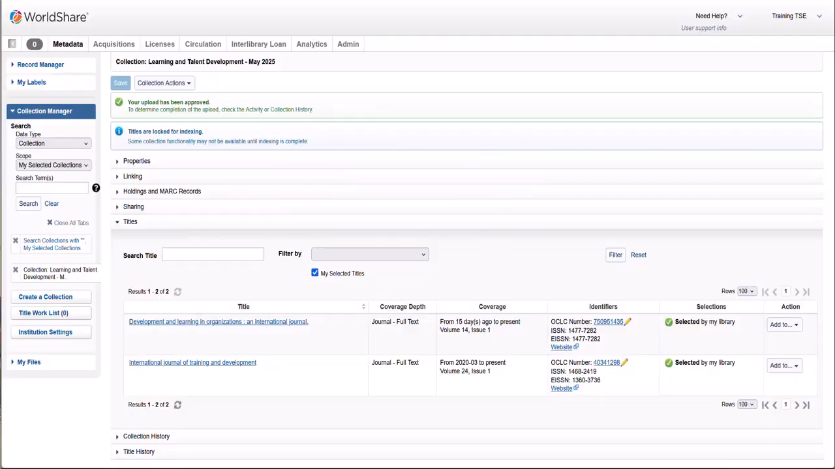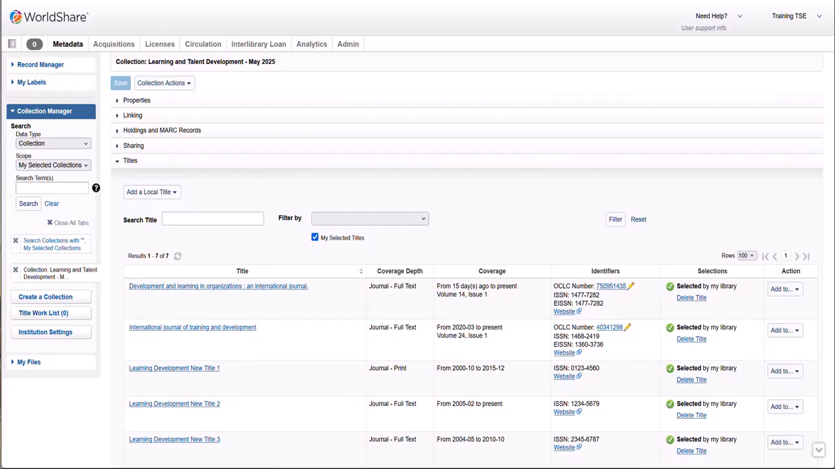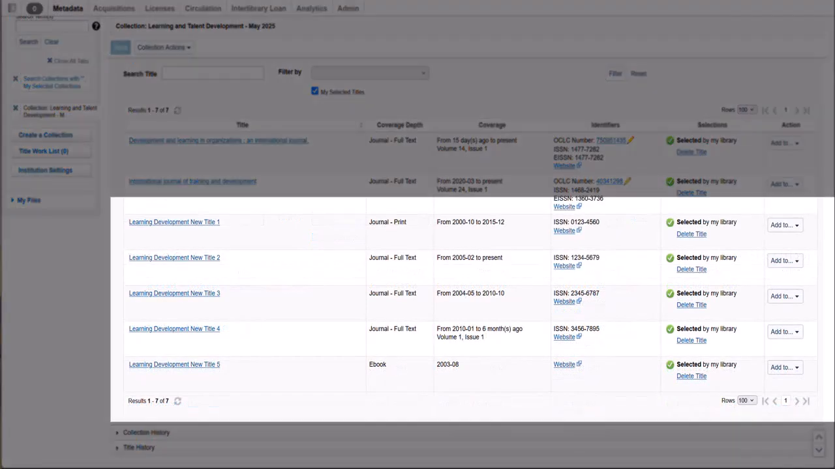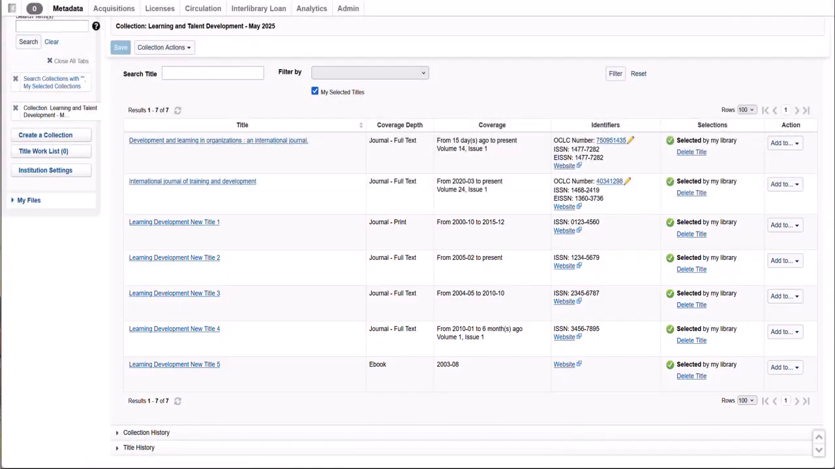You receive confirmation that titles are locked for indexing. Once the title indexing is completed, you see the titles added to the collection. Scroll down the page to see all the new titles. To upload a file of OCLC numbers to pre-fill titles for the collection, follow the same upload process. Once the file upload is completed, you can open the collection to see titles added with pre-filled metadata from the